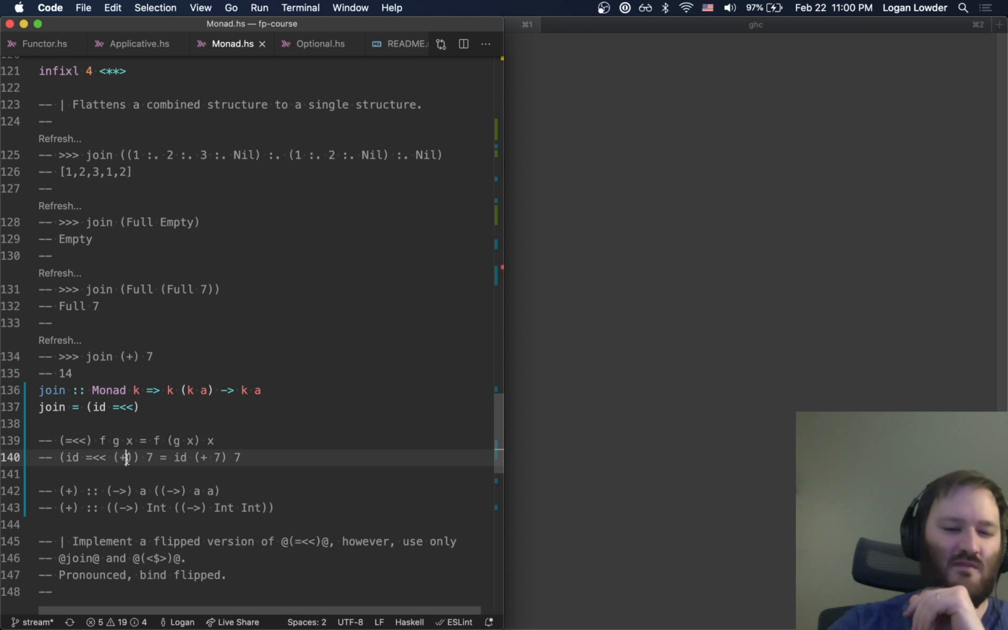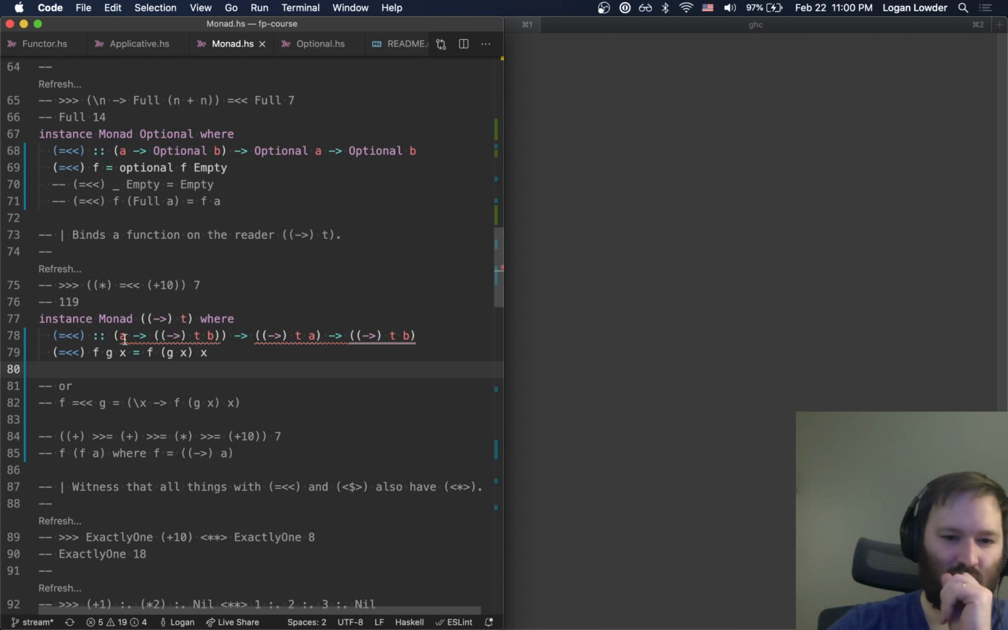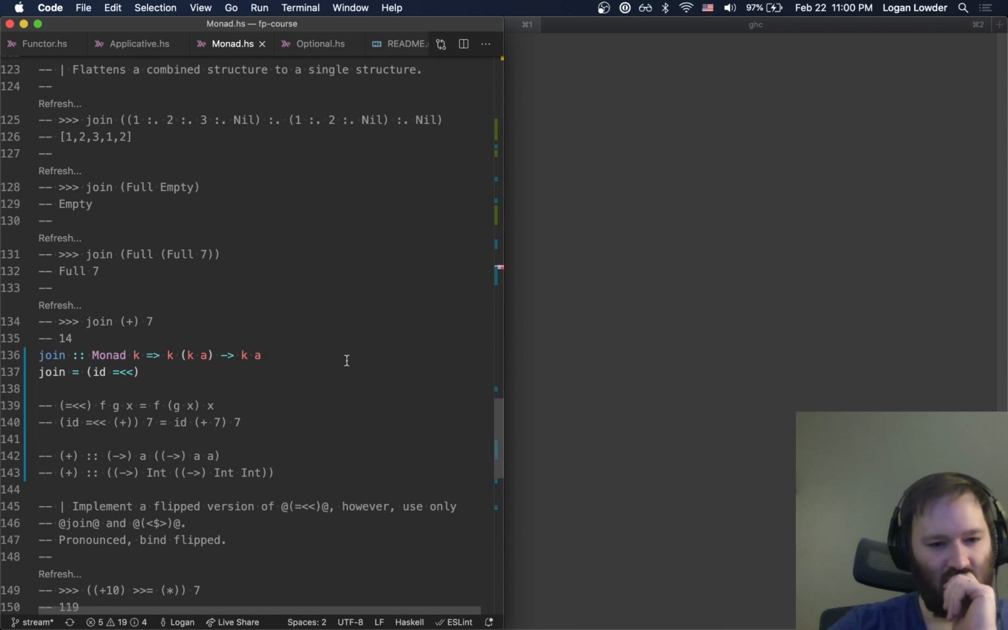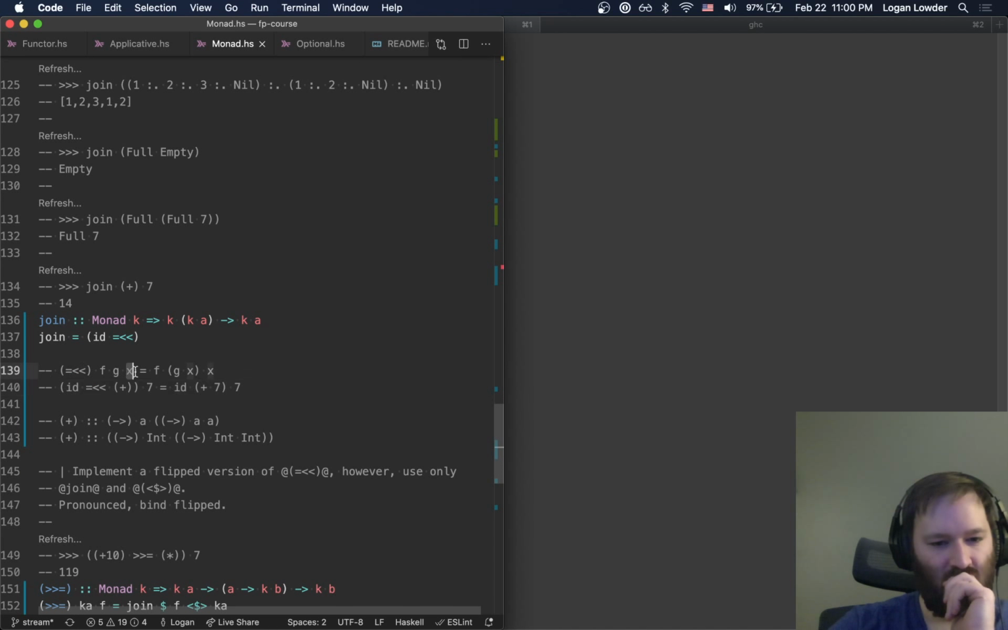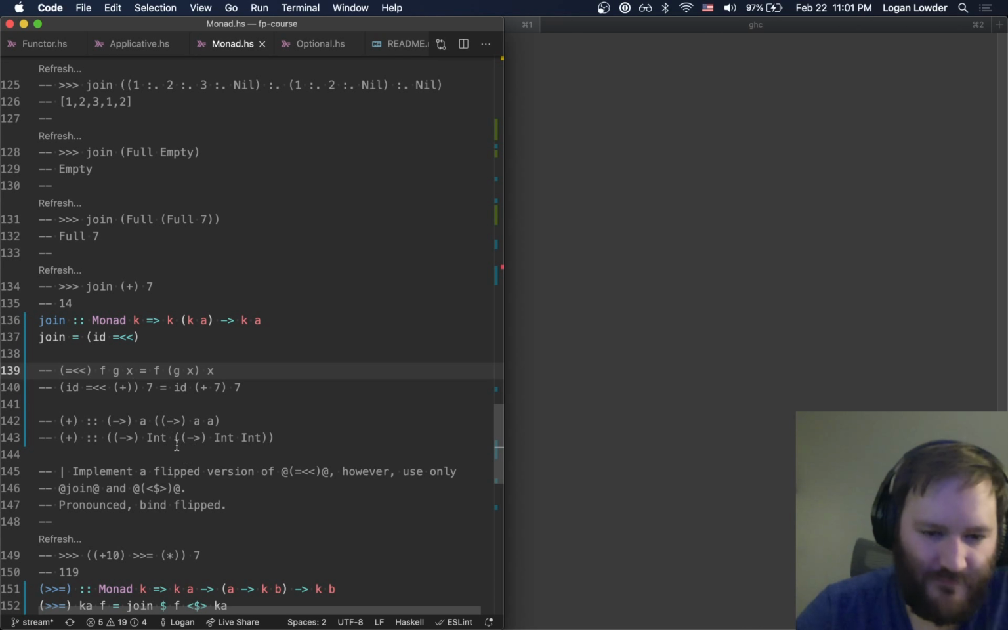Okay, so maybe this is why. So plus in this context, A is also a function, because if we said A is like int to int, yeah, so it's like this, right? So then